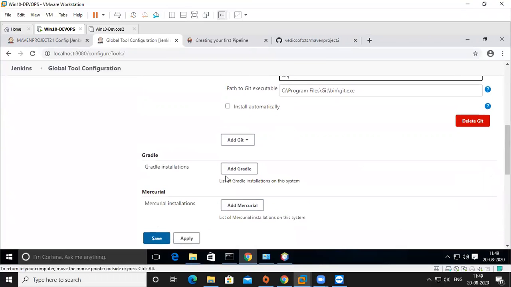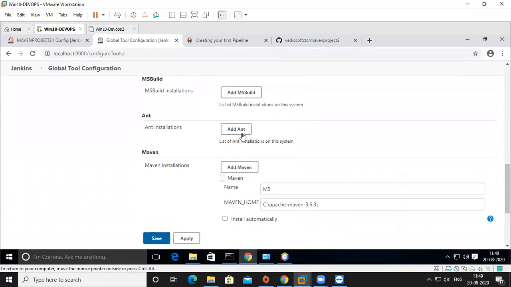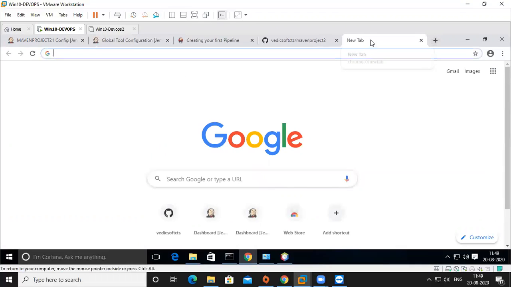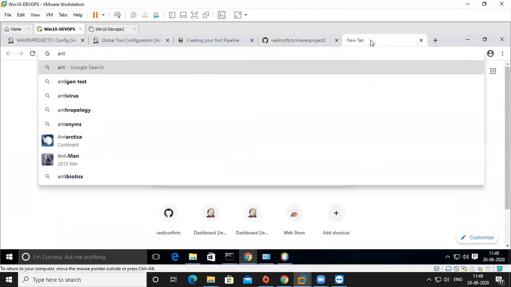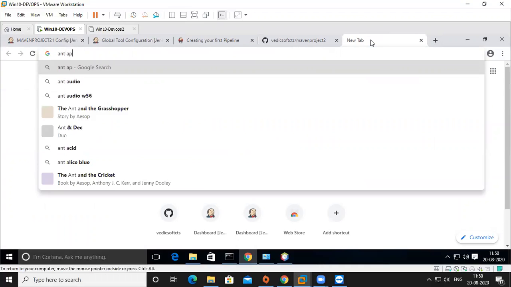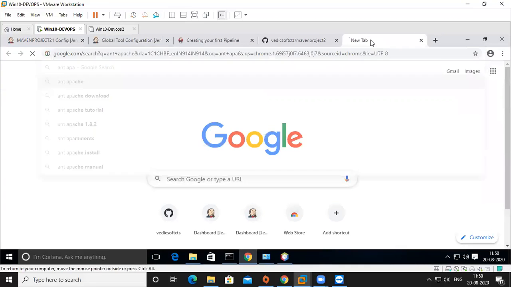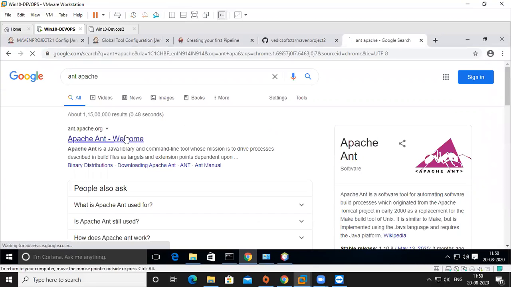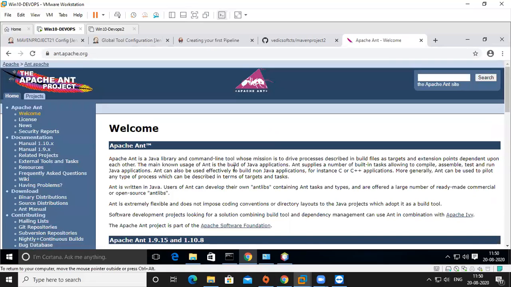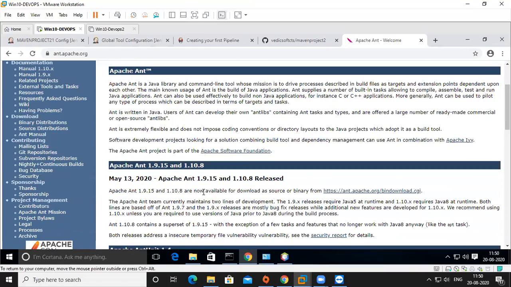For example, if you have Gradle, then you can add Gradle here. If you have Ant, you downloaded Ant and you want to declare Ant also, Ant belongs to Apache, right? Maven is also Apache only. So this is the same thing, a build tool only.